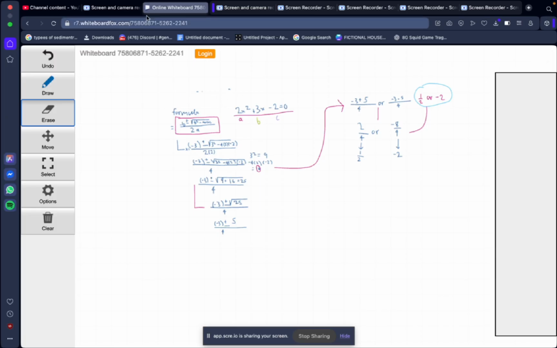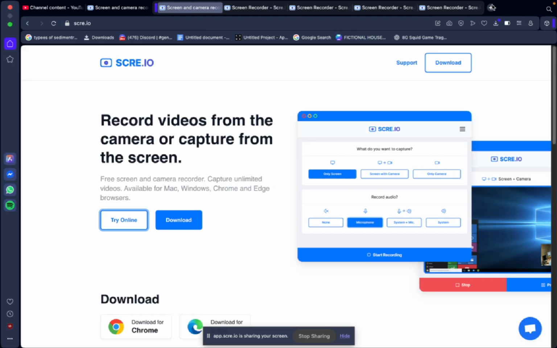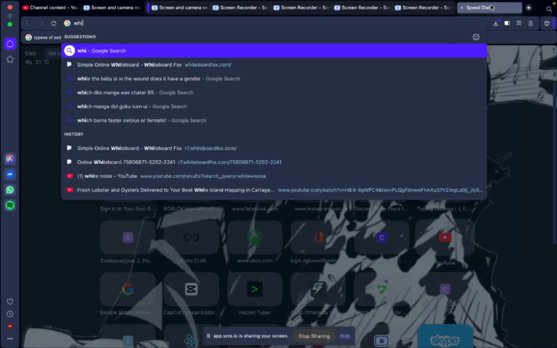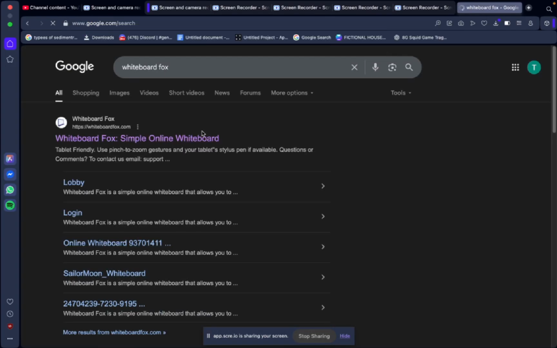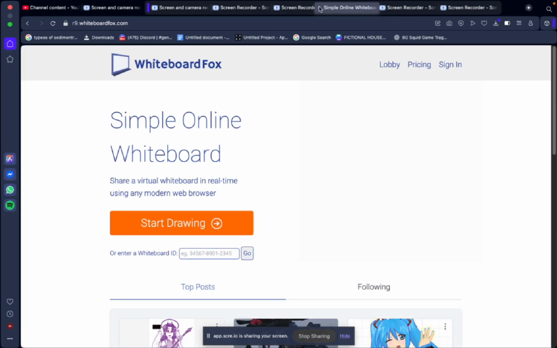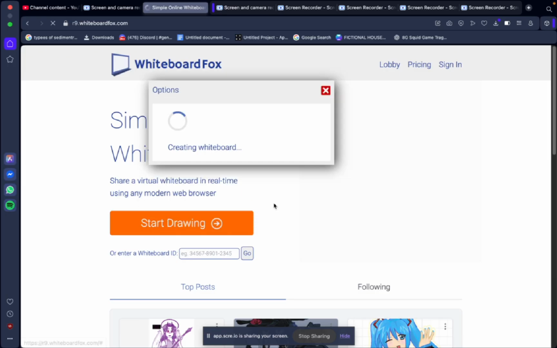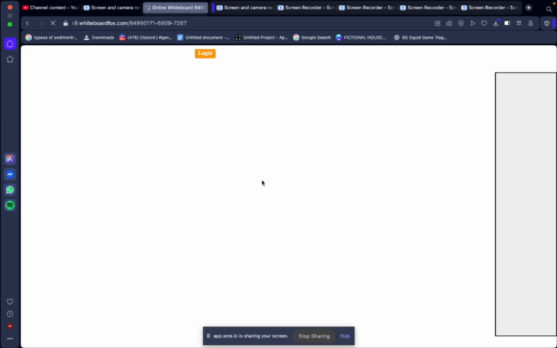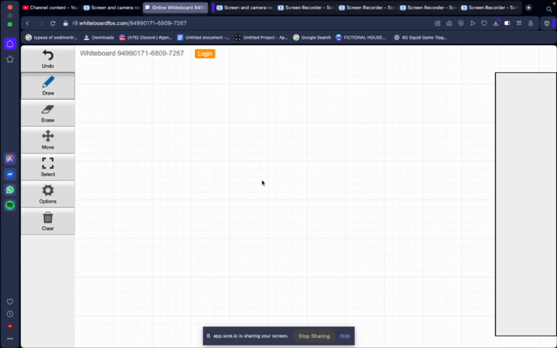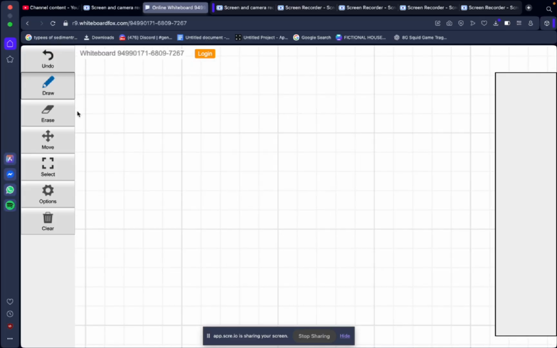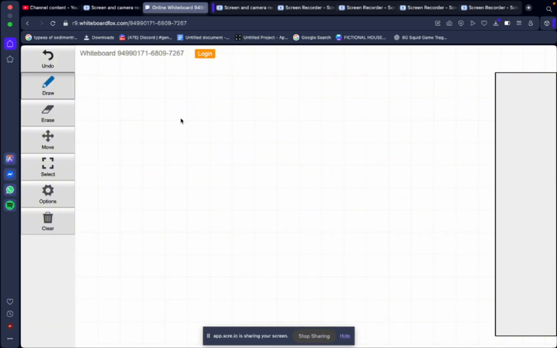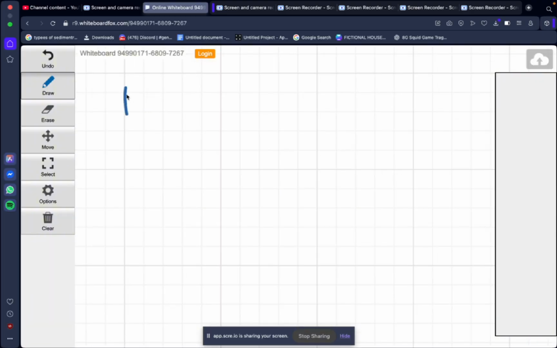But for now, we need to open a new tab, because I'm not bothered to rub that all out. So if we go here, start drawing. We get to explain more quadratic equations. So we're going to call this more